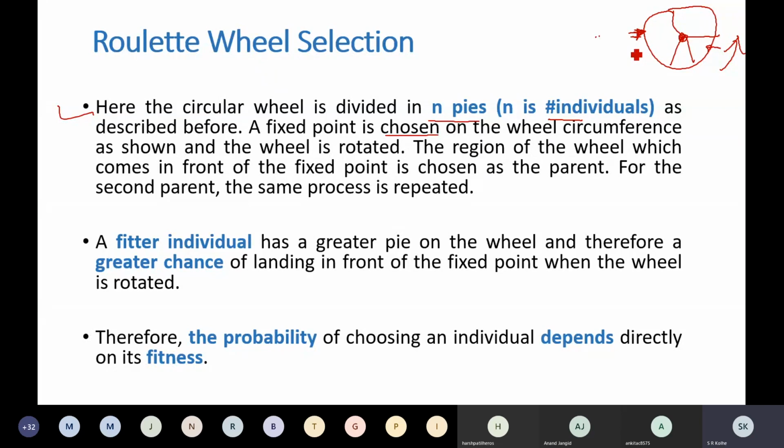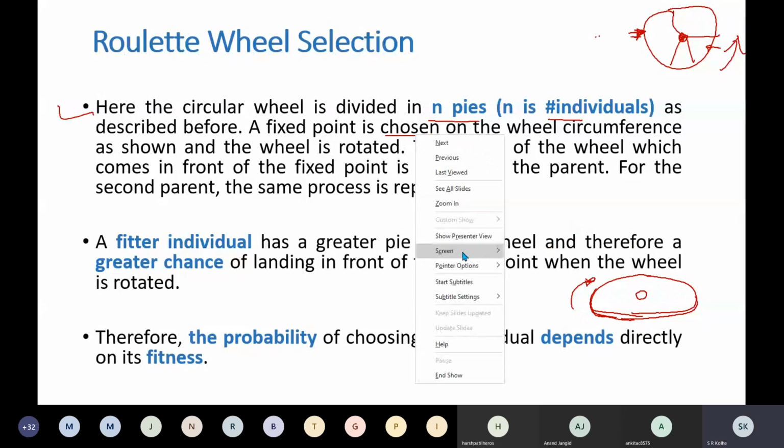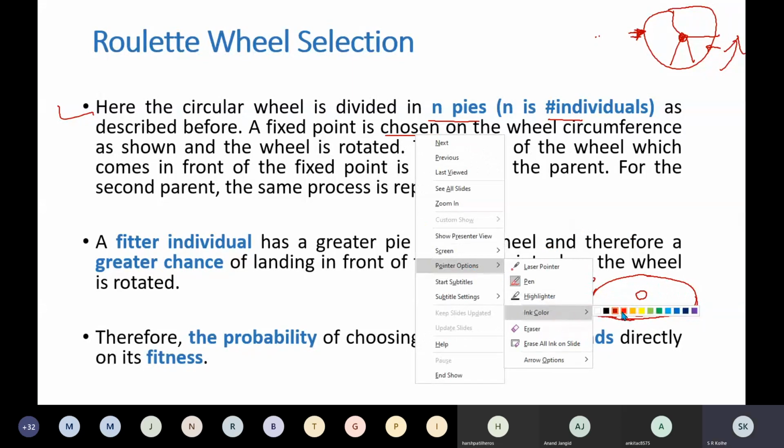Any other answer? One more place you might have seen this. Earthen pot makers. Earthen pot makers, they use such a wheel. In Marathi you call it kumbhar. They prepare earthen pots or matka, right? Such a wheel they have, and this wheel is rotated. What they do initially, they put the mud here.